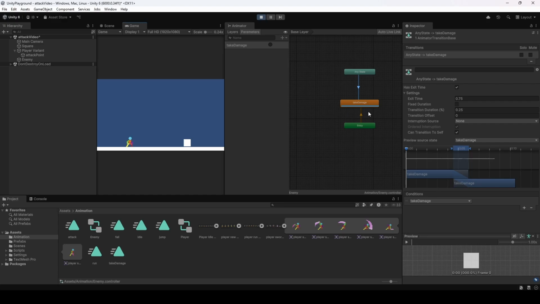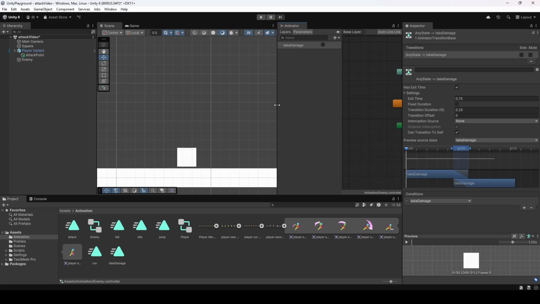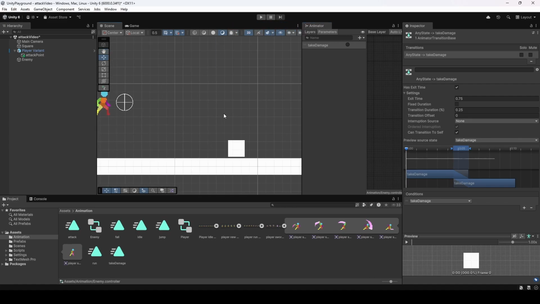So it flashes once because right now it's on our entry point. If we check it, you see that we call it and we get this brief red flash whenever we take damage. So now to call this inside of the script, I'm going to go back in